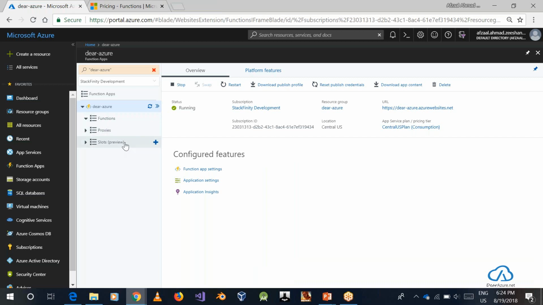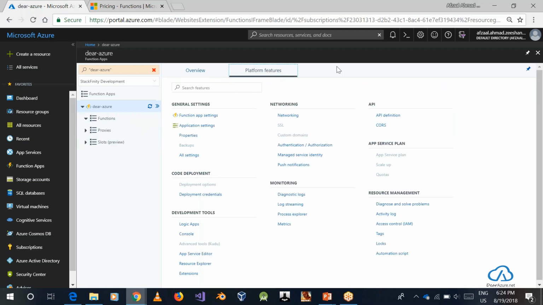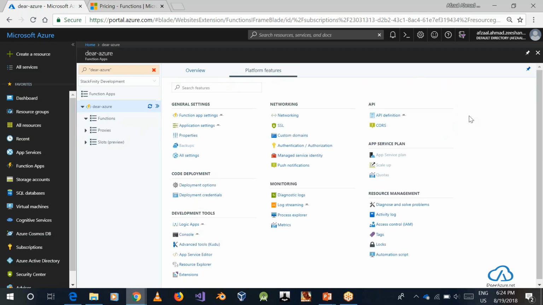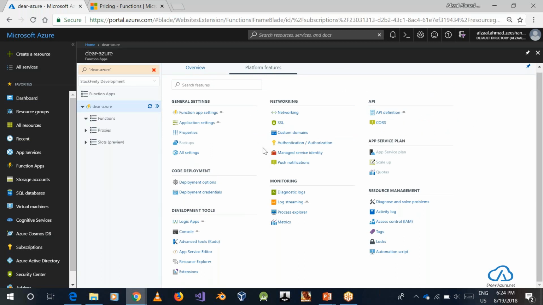Proxies or slots are somewhat advanced topics where, if you have to stage your environments or for testing and for other purposes, you can utilize them. And then some of the other advanced concepts come when you have to actually configure the platform. If you guys have ever worked in the app service or the app service environment, you will see that these settings all come from there. All of these offerings that are available, like the authentication, or let's say this console or advanced tools, we just saw that we can configure this as well.